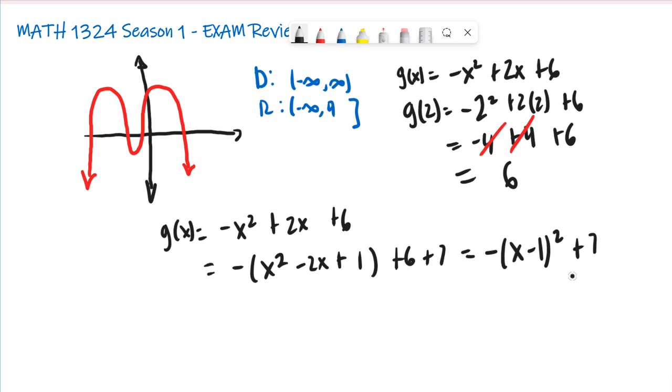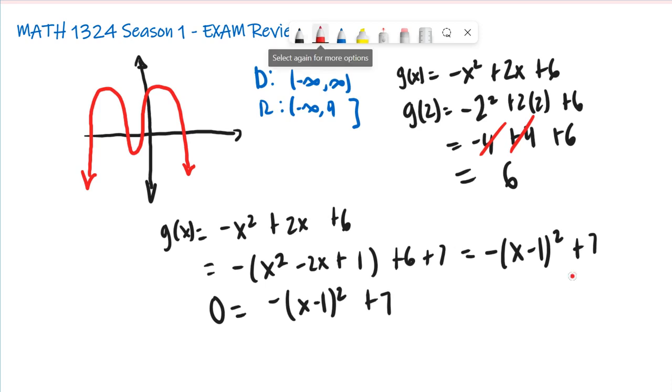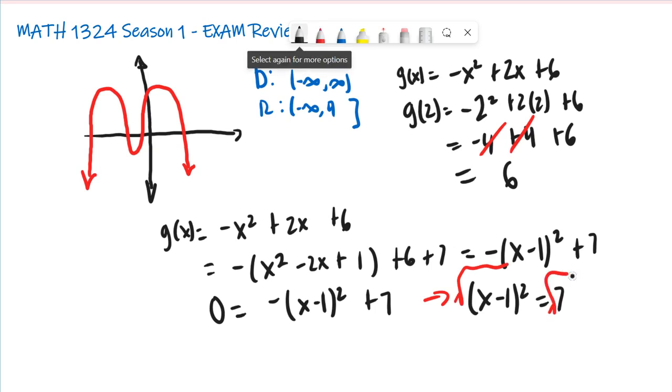Now, if I wanted to find the x-intercepts, what would I need to do? I would need to set it to 0, where we have 0 equals minus x minus 1 squared plus 7. By setting it to 0, you end up with x minus 1 squared equals 7. How do you solve that? Well, you take the square root, and you get that the solution is x equals 1 plus or minus root 7. Now, of course, those are irrational numbers,